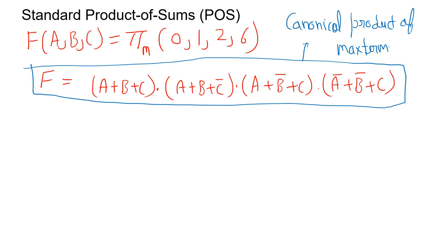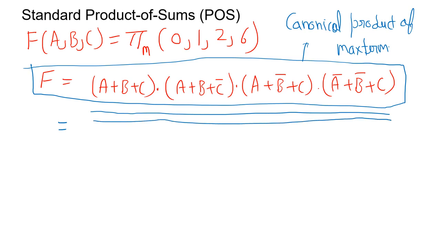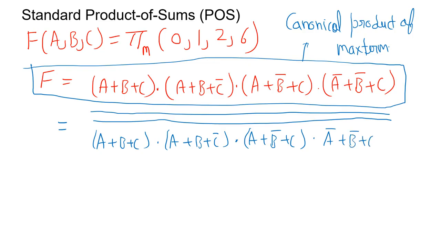So in order to optimize, to make it simpler, what I can do is take the double complement for each circuit. One way is to do multiplication of each of them and get the value. But in order to simplify it, I just take the double complement of the entire circuit. Once you say double complement, they actually nullify themselves. So here we have (A + B + C) dot (A + B + C bar), then dot (A + B bar + C) dot (A bar + B bar + C), right?